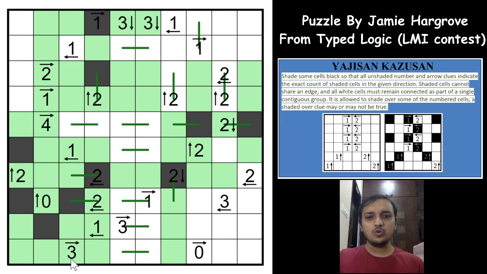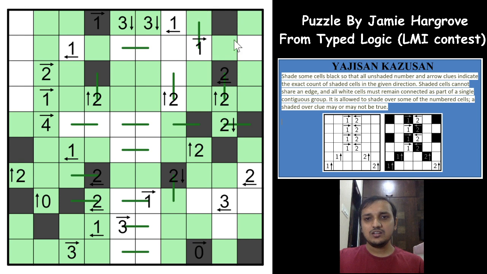Now the 3 is a true clue, and you have one possibility for the shaded cell here, and both of these cells should be shaded now, which makes this, for the 2, this cell to be shaded. You have one of the possibilities here, and the other possibility has to be this, which makes this white cell come out here and makes this unshaded, which makes this 2 true now, right? Which will unshade all these white cells, and now this 2 is already fulfilled, which will unshade this cell and shade this cell, right? And this one cannot be true now.